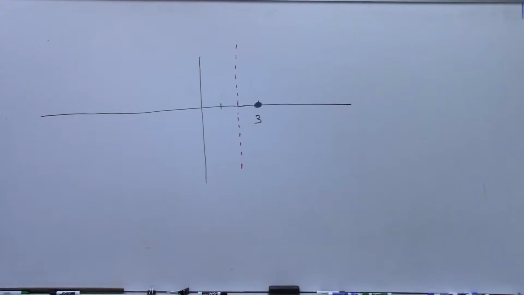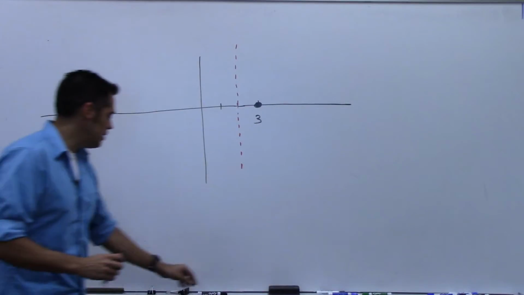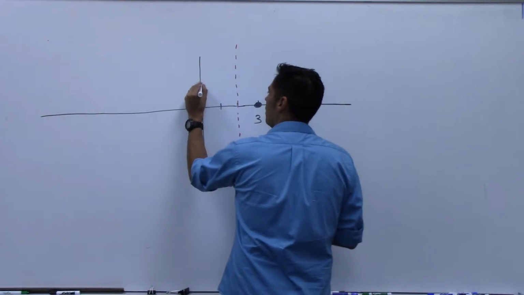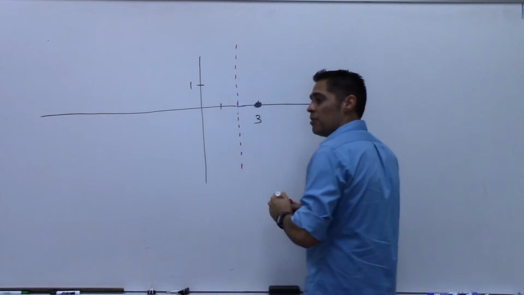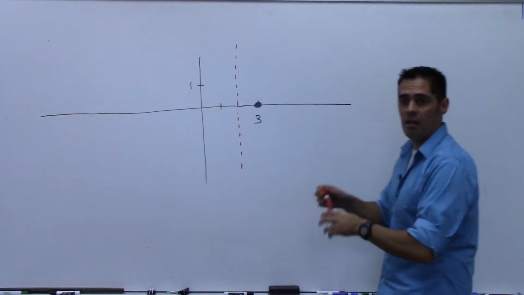Horizontal. Let's take care of horizontal next. No, I'm just going in the order. The hole is going to come in at the very end. Okay, we'll put the hole back. So horizontal, where was it? 1. Y is 1, right? So I need to go up on the y-axis 1. Remember, it's a horizontal line, and then I'm going to draw a dotted line,